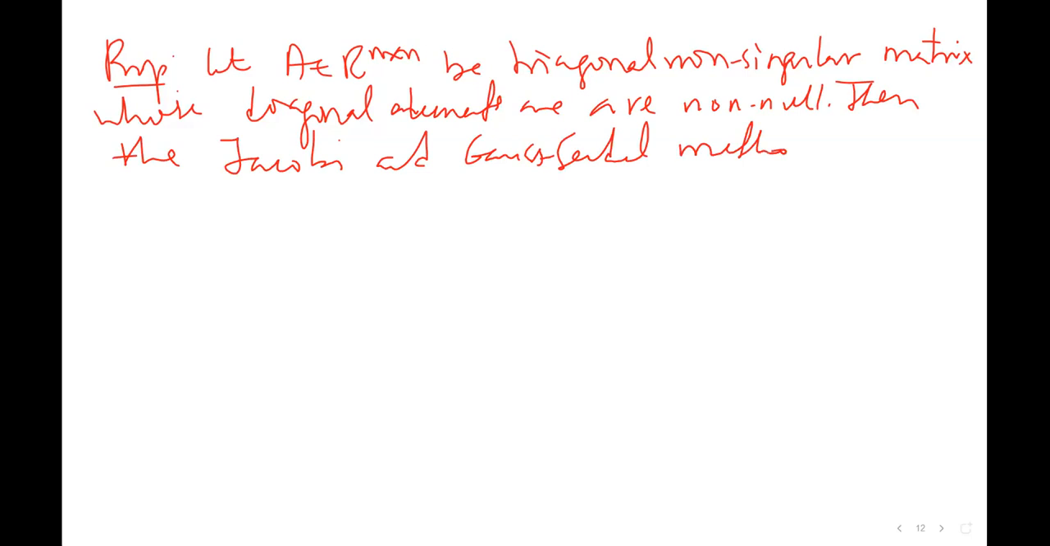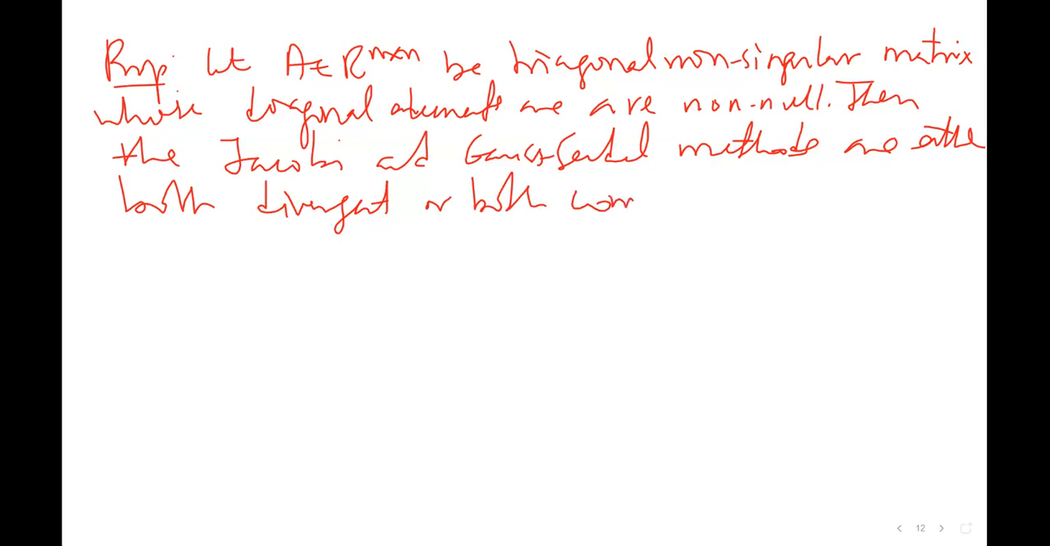the Jacobi and Gauss-Seidel methods are either both convergent or both divergent. If they are both convergent, in the latter case,